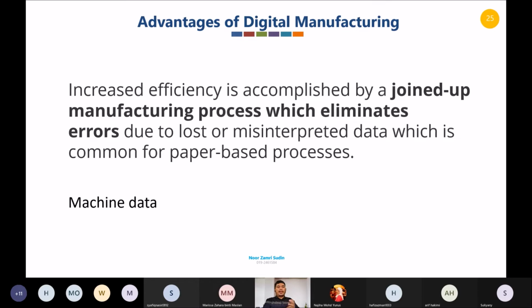But I'll give you an example. This happens in some industries. I got this from my previous student. They said every morning, for example, the technician must collect data of the machine. So every morning when they come to work, the first thing they must do is go to the machine, collect the data and write it on paper. That is their first job.